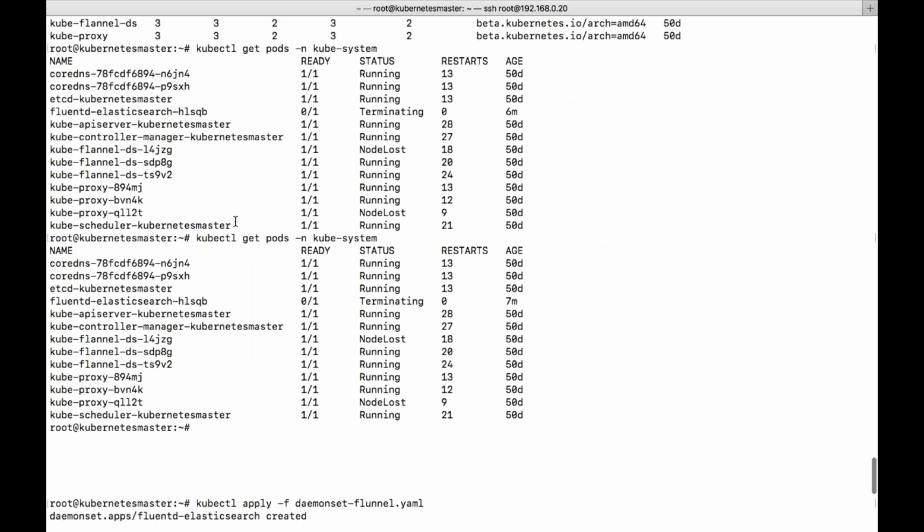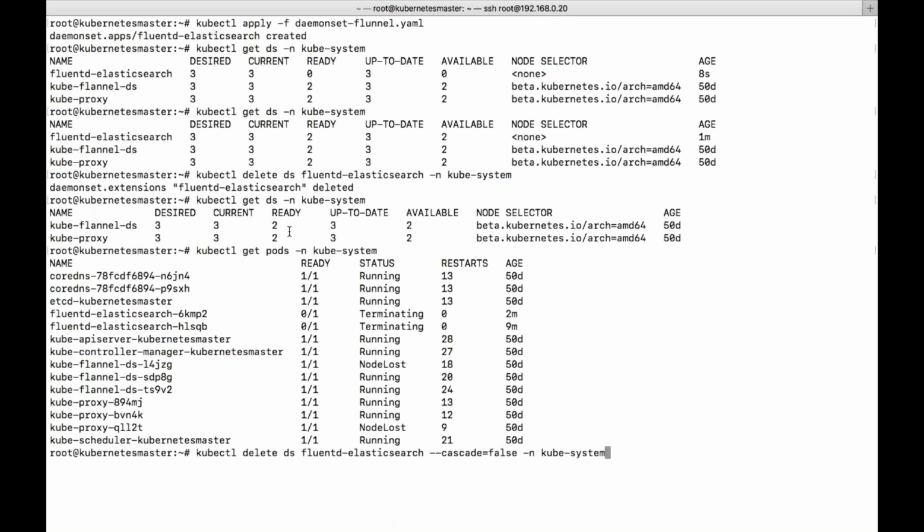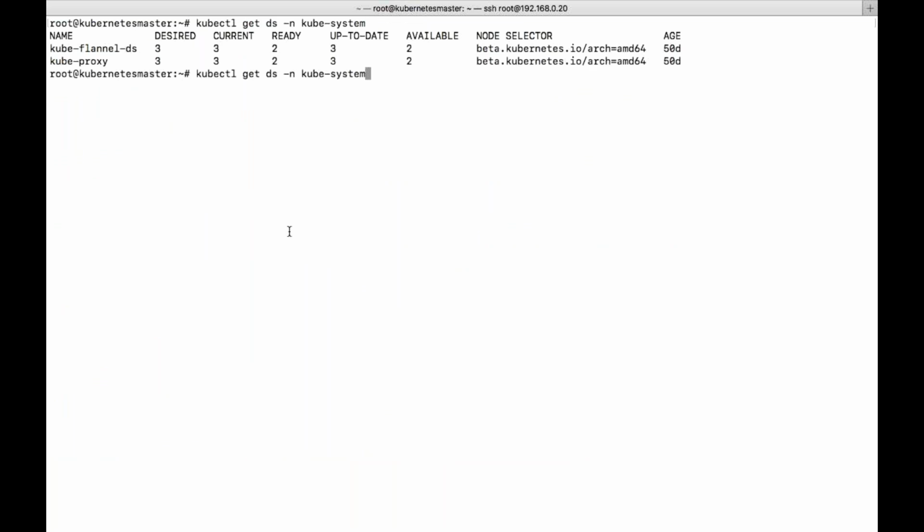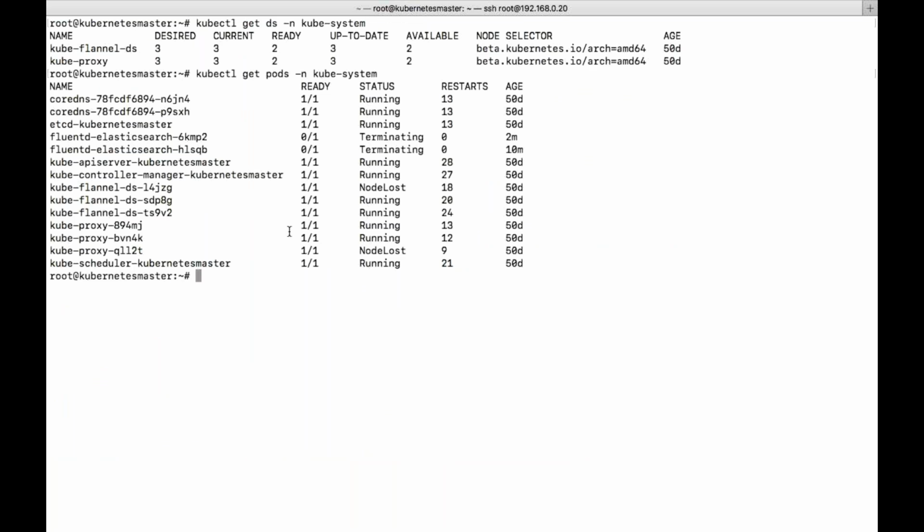I will sort out this issue. I will see whether this document is wrong or its behavior. We have missed something in this particular behavior. But this is the actual command in order to delete only your daemon set, not the existing pods of that particular daemon set. Okay, we need to give hyphen-f and cascade is equal to false. Okay. Now it is terminating. It's okay. Forget about it.